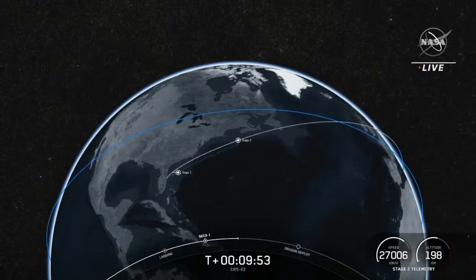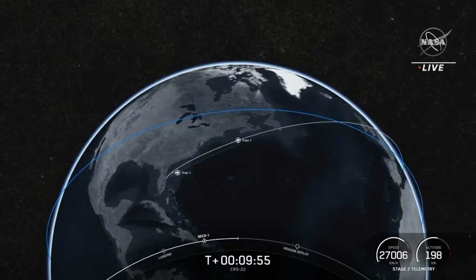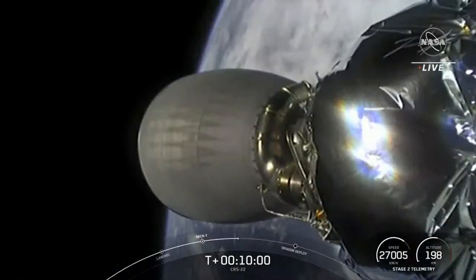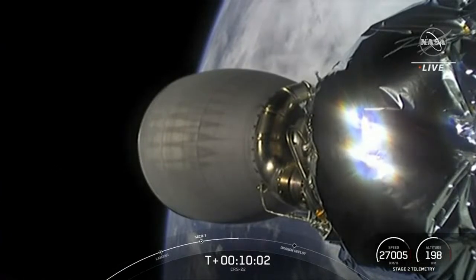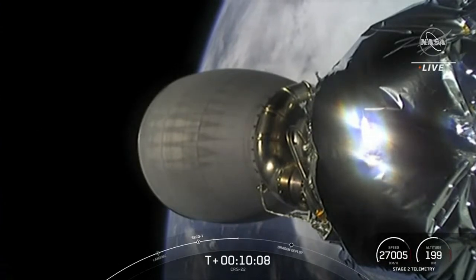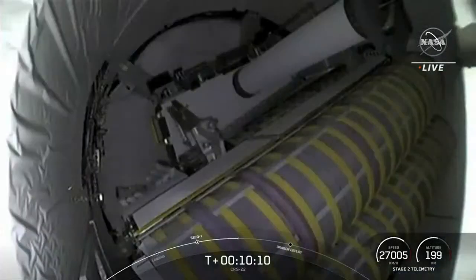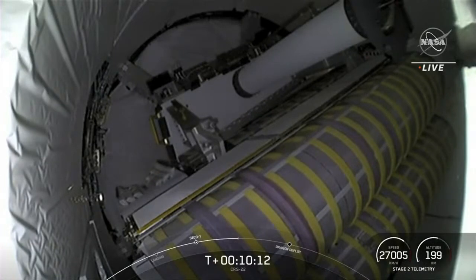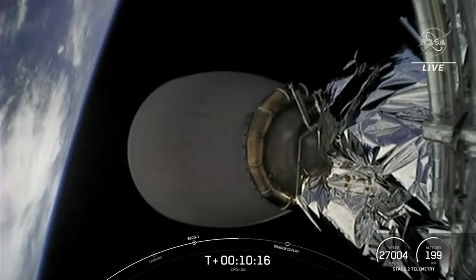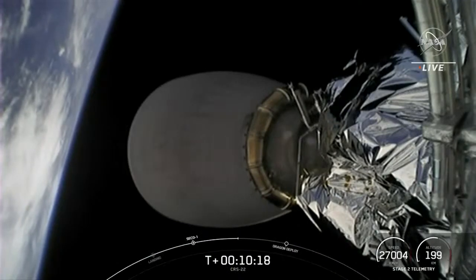We have a little bit of a coast here for ground operators in mission control behind me to ensure that the vehicle is in the right configuration, that there's no conditions that we may want to watch out for after separation. But Dragon and the Stage 2 right now in orbit. And coming up after that separation event, which hopefully we'll get a view like this of Dragon gently floating away,